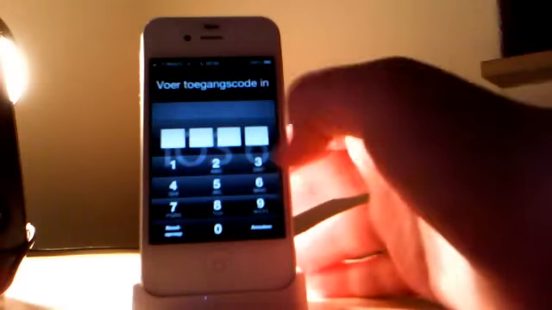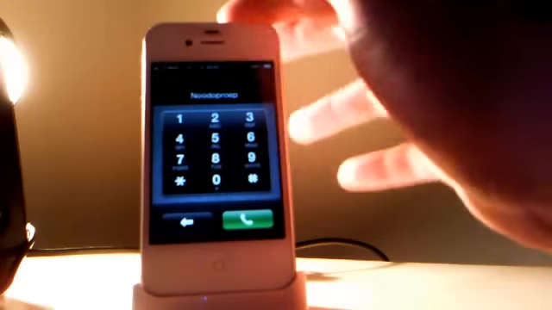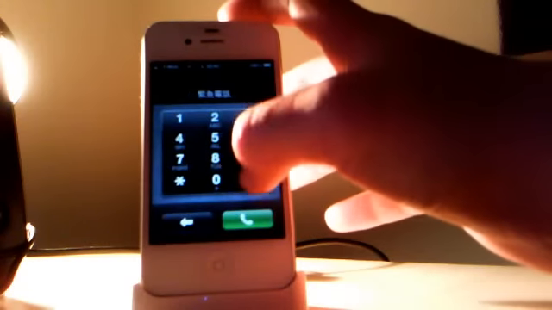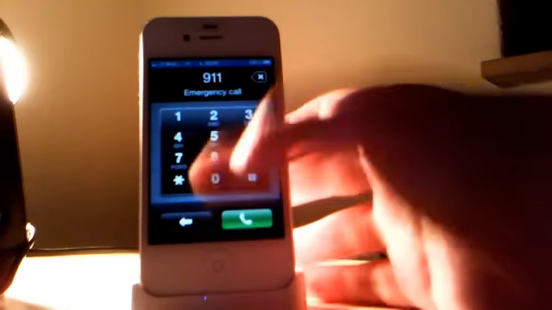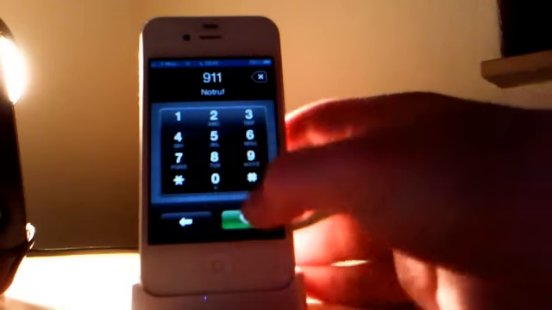So first off, of course, turn on your iPhone. Then slide to unlock, press emergency call, and then hold the power button until this comes up. Then press cancel and notice that the status bar turns blue. Dial 911 and disconnect before it connects, so like this.